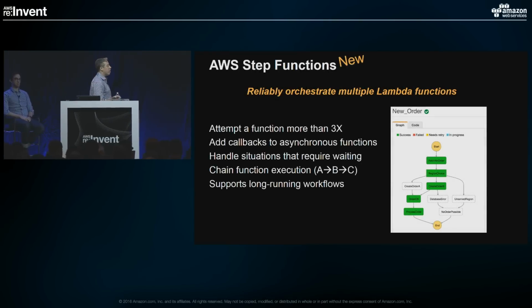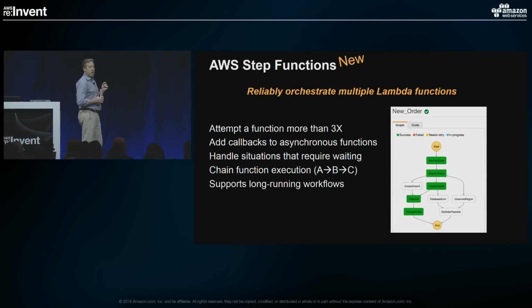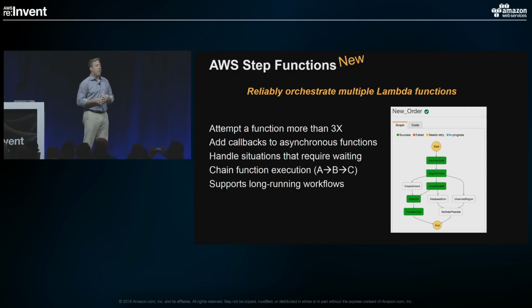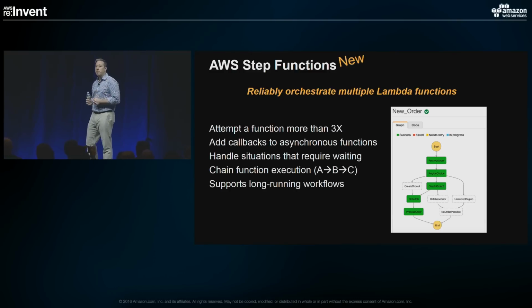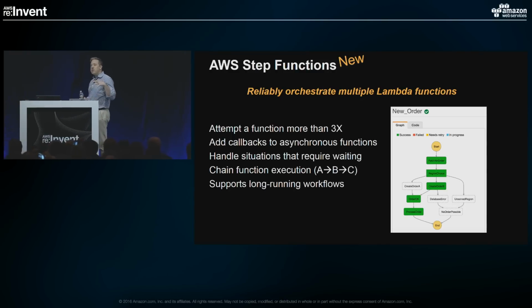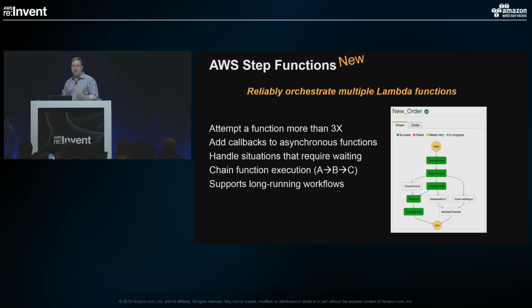And so when you have these more elaborate mechanisms that you need in order to order functions together or choreograph their activity, that's where AWS Step Functions comes in. It's a mechanism to reliably orchestrate, well, lots of things in the cloud, but particularly multiple Lambda functions. So for example, maybe you've got a function and you want to run it more than our stock 3 times. Now with a relatively simple loop inside of AWS Step Functions, you can trigger that function multiple times until you've decided that it's accomplished whatever you were hoping it would do.